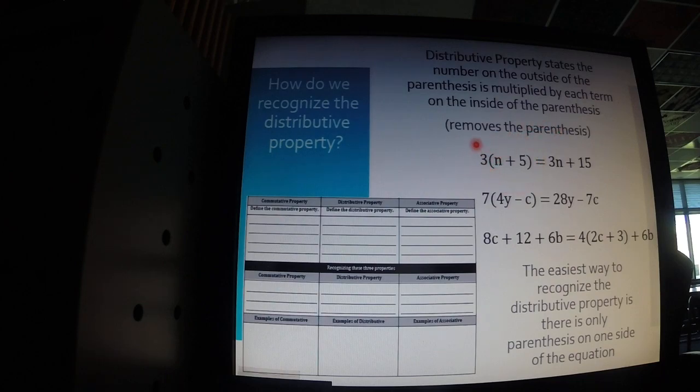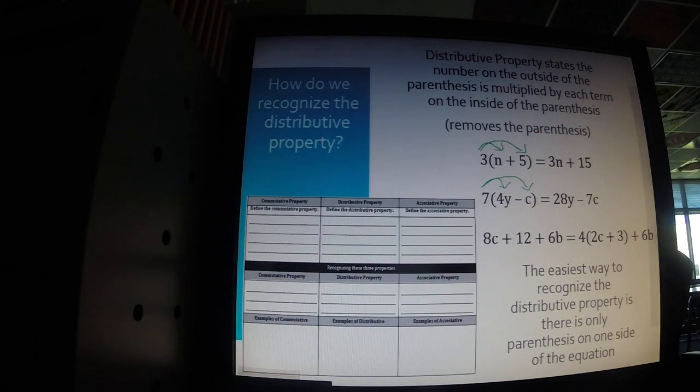So here's some examples. We have 3 with parentheses n plus 5. If we distribute, 3 times n gives you 3n, and then 3 times 5 gives you the 15. And some of your teachers probably, let me change to a pen, did this, and they did little arrows like this for you so you could see, okay? So then this is the same thing. 7 times the 4y gave me this 28y, and then 7 times the negative c gave me negative 7c. So we have parentheses on one side, but not on the other, and that's how we recognize the distributive property,